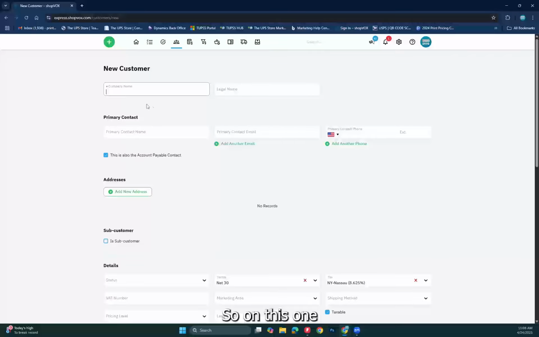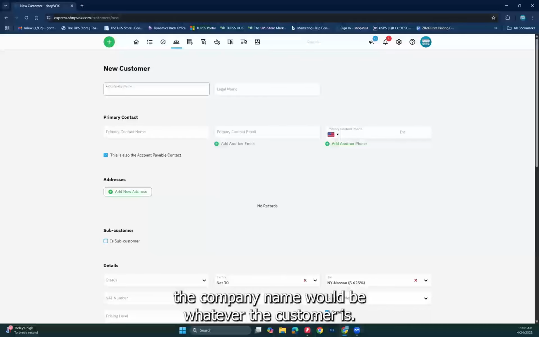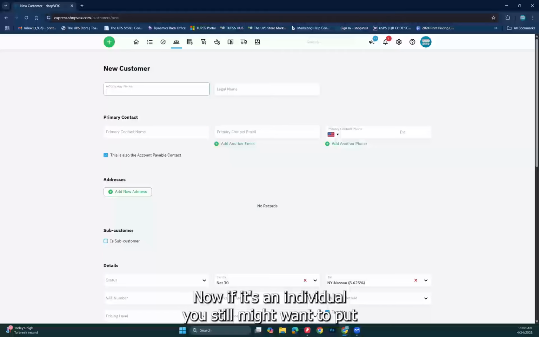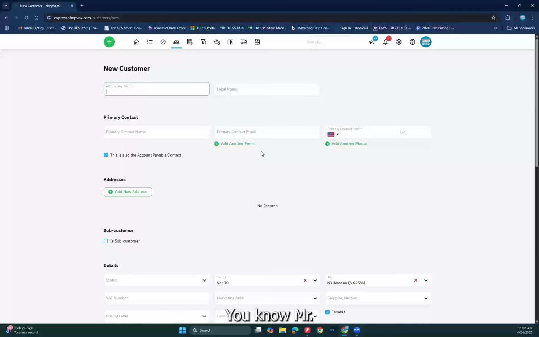So same two directions, same result right there. All right. So on this one, the company name would be whatever the customer is. Now, if it's an individual, you still might want to put their name here, Mr. Jones or something. You could put that, or it's Jones's Hardware, right? Whatever you want to put. Legal name is if they have a DBA or they want it billed to something else, you could have a legal name here. If it's something different, like it's Mr. Jones Hardware, but